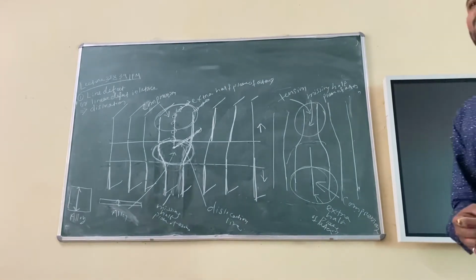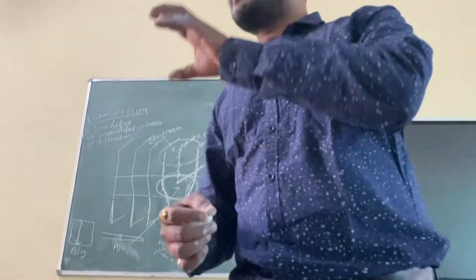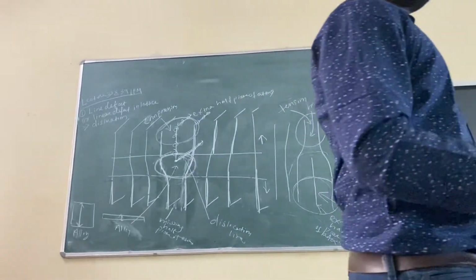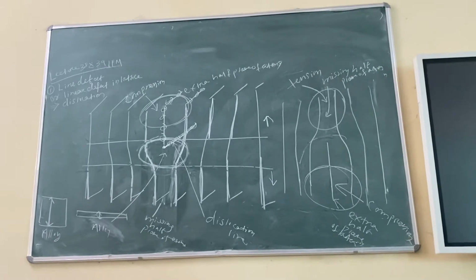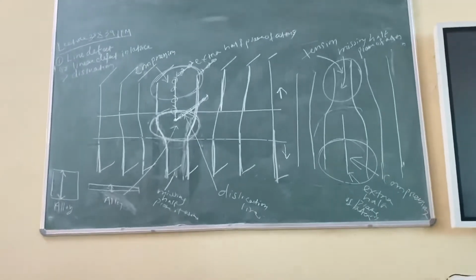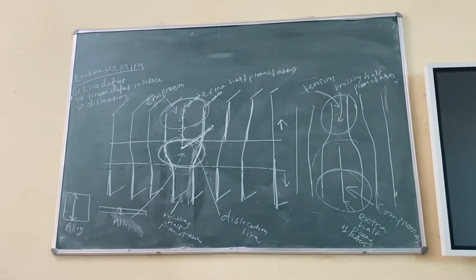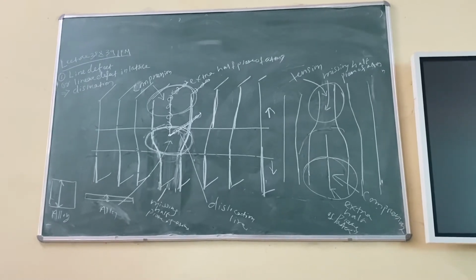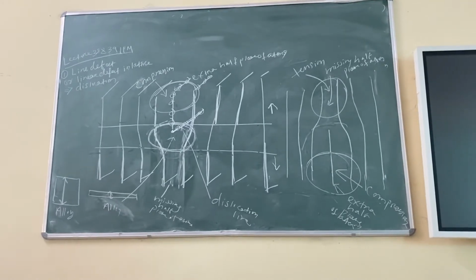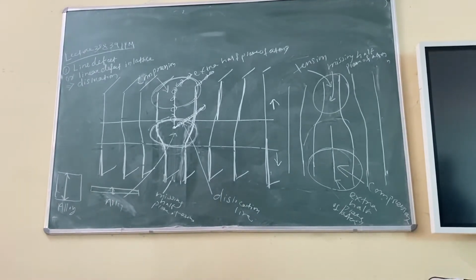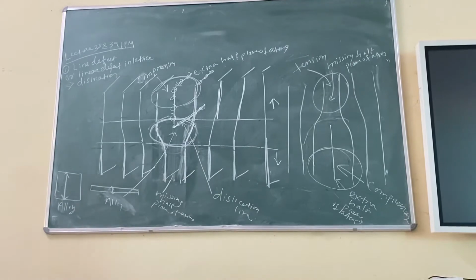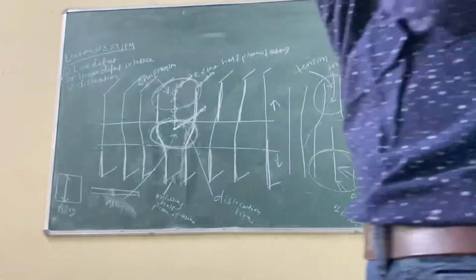So one mechanism is called solid solution strengthening. You understood how solid solution strengthening is happening? Can you elaborate it? By making a solid solution, either you make an interstitial solid solution or you make a substitutional solid solution. Both atoms will do what? They will create a strain field around the lattice of the parent solvent lattice, right? The solvent lattice will get distorted and it will create a strain field, and that strain field interacts with the strain field of the dislocation, the extra half plane of atom. So it cannot move easily. You have to apply more stress to make it move, right?